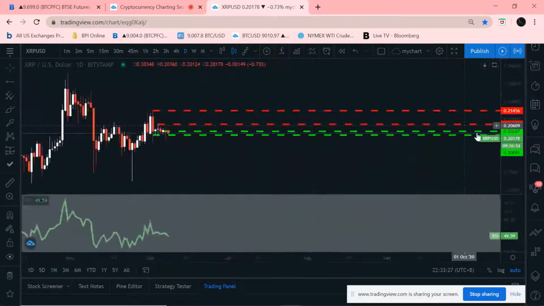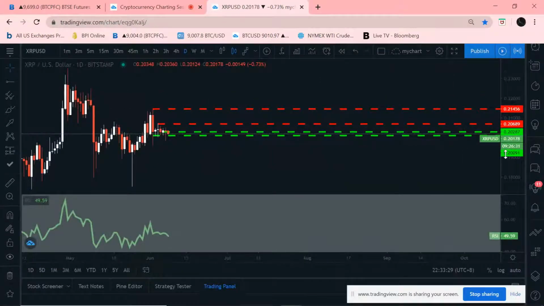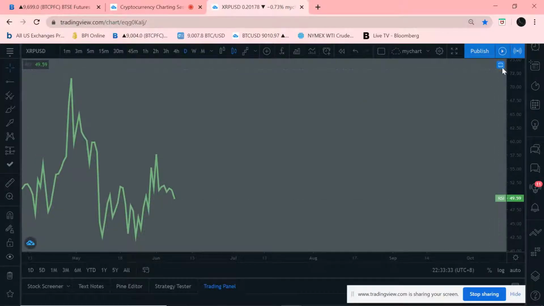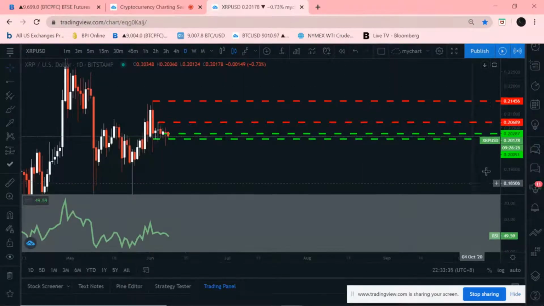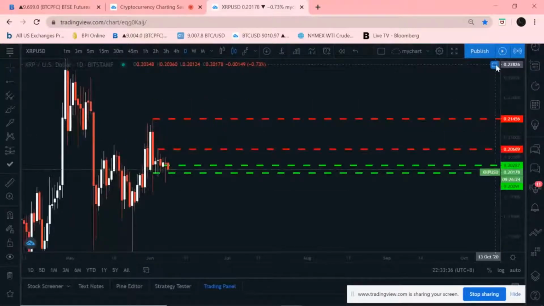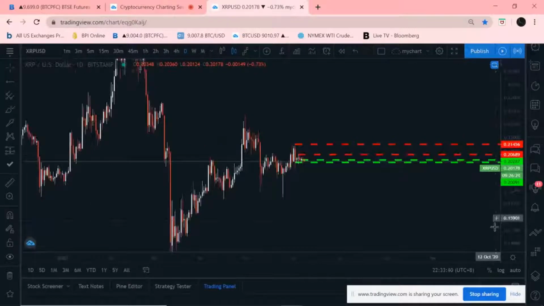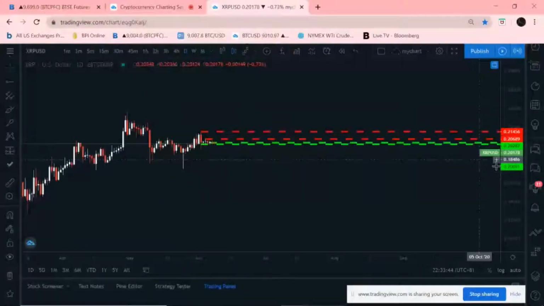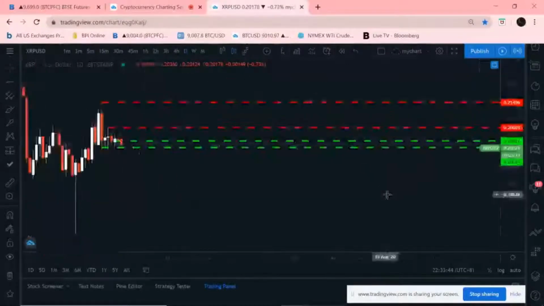For XRP, I'm not trading XRP that much, but I normally use it upon cash out transactions, because the transaction fees are much lower. So let's just go on